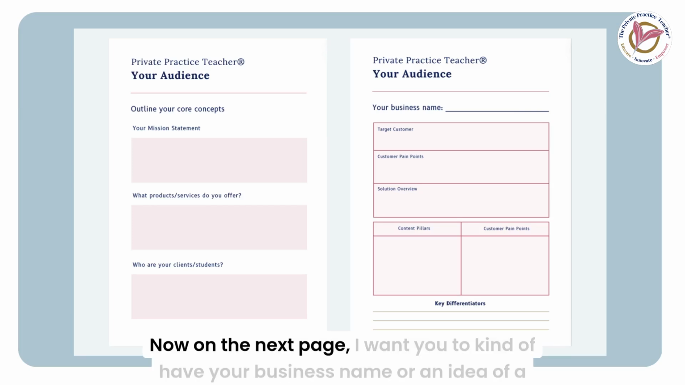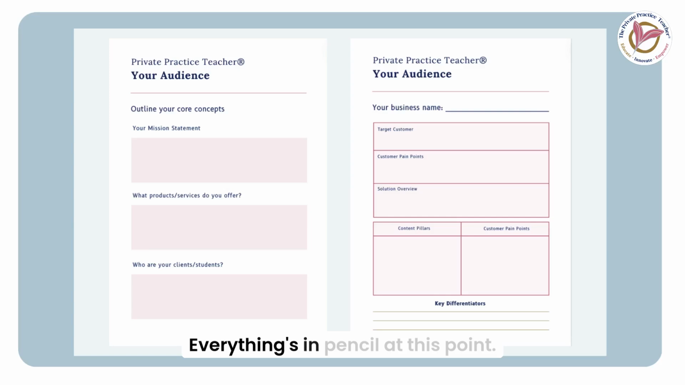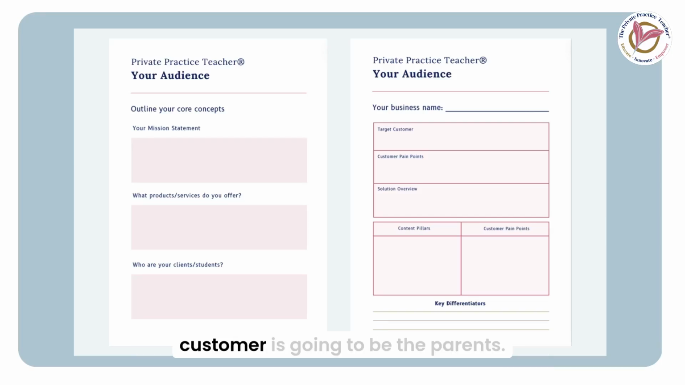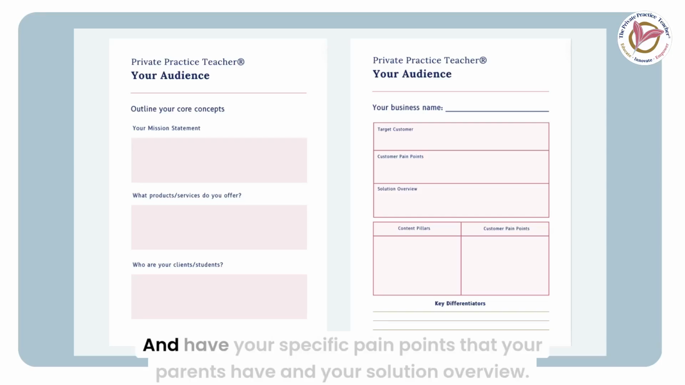Now on the next page, I want you to kind of have your business name or an idea of a business name. Write in pencil. Everything's in pencil at this point. Who is your target customer? So your customer is going to be the parents. Unless you're marketing to adults, the customer is going to be the parents. And have your specific pain points that your parents have